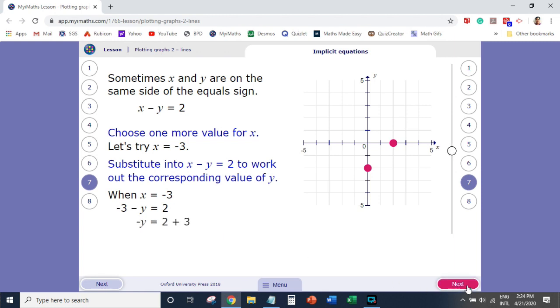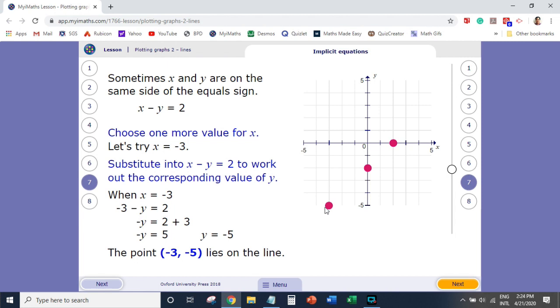So you now have, copy negative y, then 2 plus 3 equals 5. But remember, this is negative y, so we have to divide by -1 to cancel the negative. Also here divided by -1, so positive 5 divided by -1 will become -5 right there. So if x equals -3, our y is -5. That's our new